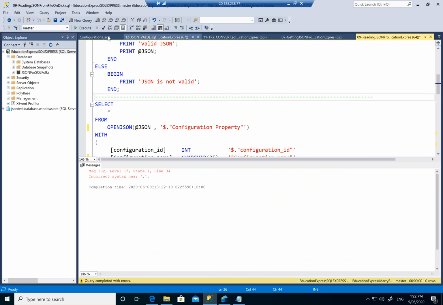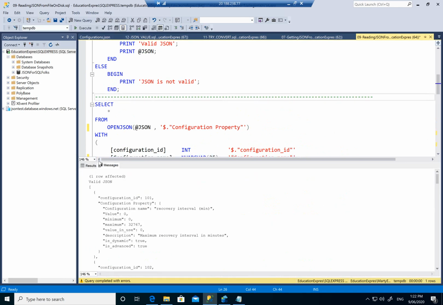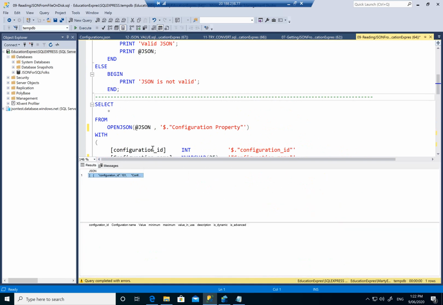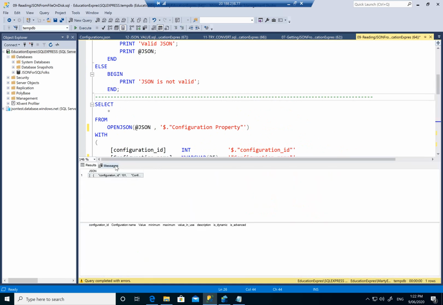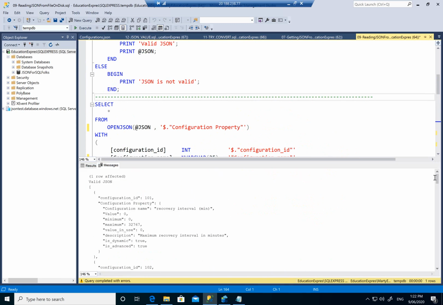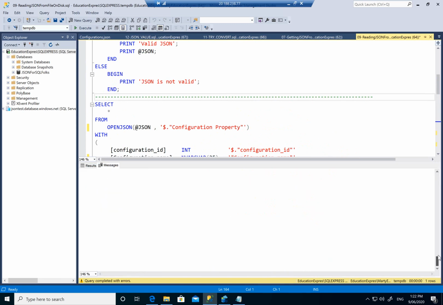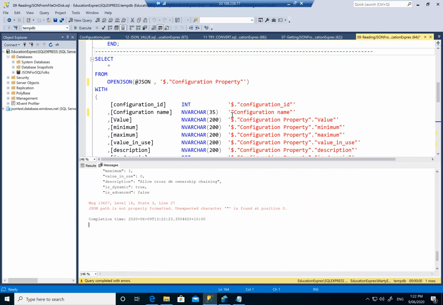Oh, sorry, I had that highlighted. And that actually gave me an error. That error message that's come up is related to this here,